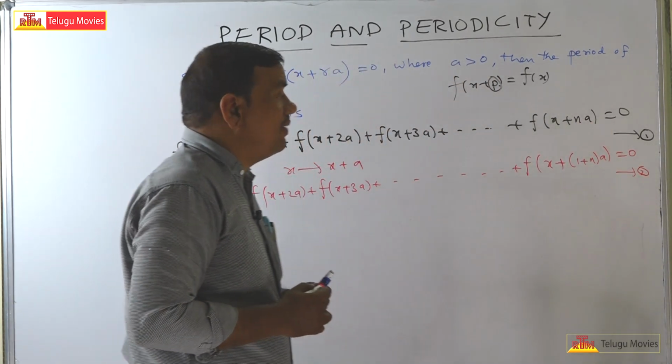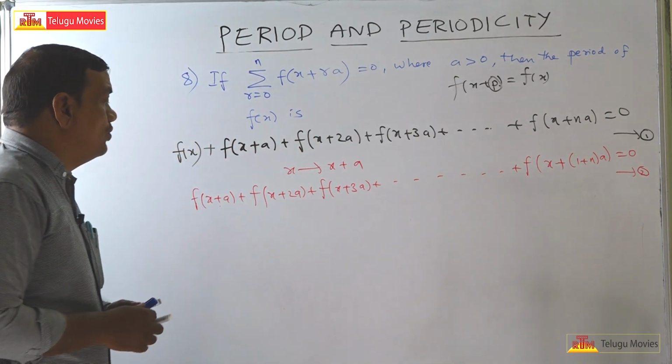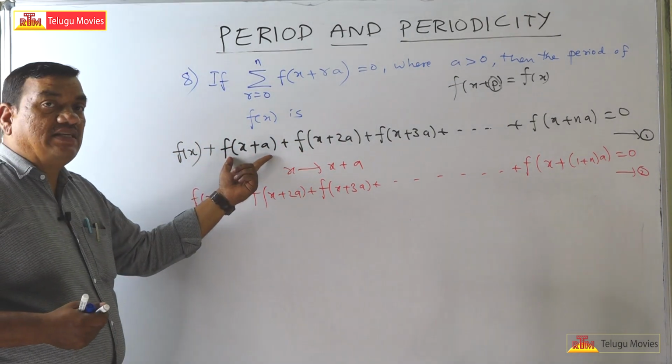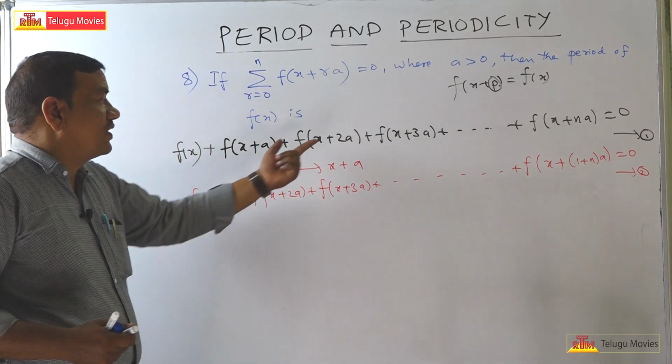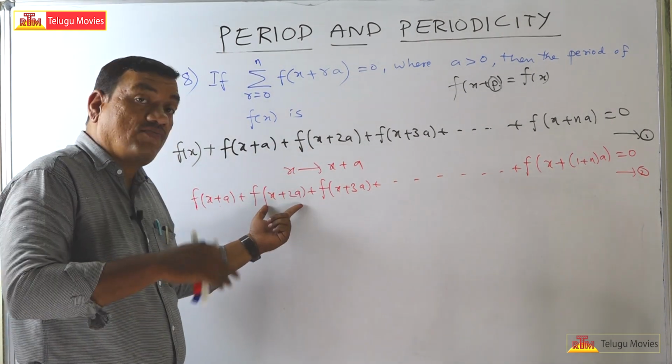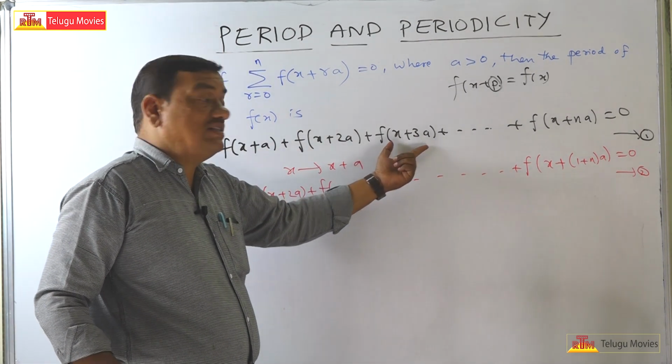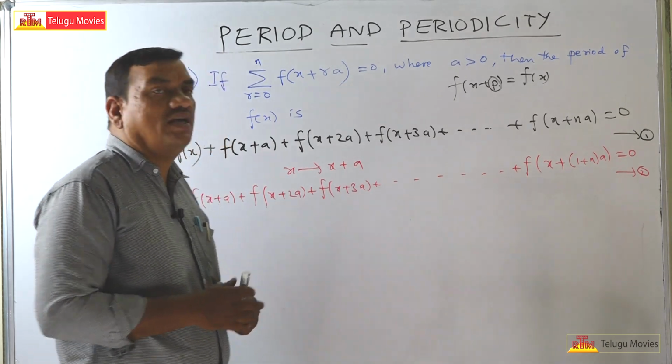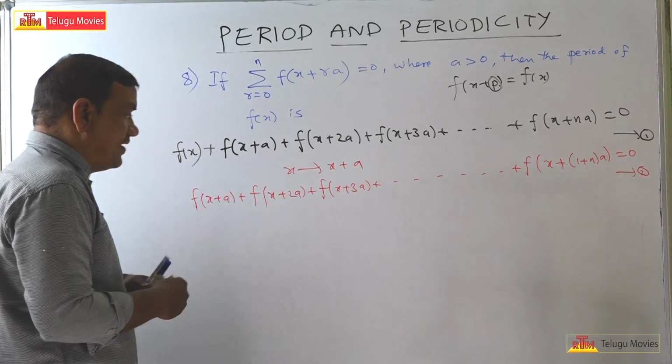You can take a common, n plus 1 into a. Now see here, f of x plus a is there, here also f of x plus a. Here f of x plus 2a is there, here also f of x plus 2a. f of x plus 3a here also. So from this what can you say? If you subtract 1 minus 2,